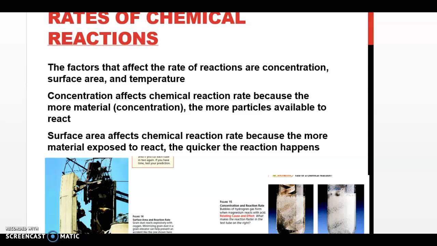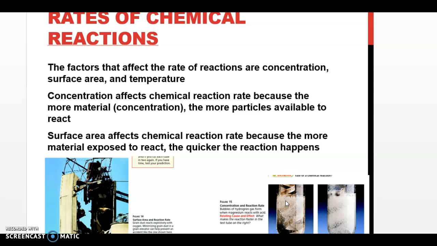Okay, so rates of chemical reactions. We want to be able to control these things. The factors that affect those rates are concentration, the amount of material there, the surface area, what's exposed, and of course the temperature, how hot or cold it is. Concentration affects the chemical reaction because the more material, the more particles available to react. So concentration here,